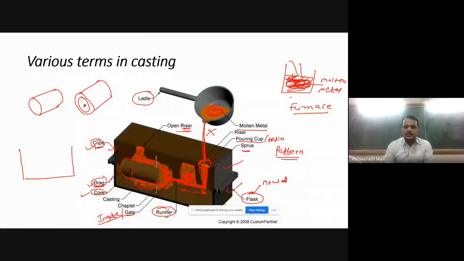Okay. Then again, you can see here, these are called chaplets. Here you can see chaplet. So what is the function of this? To support the core. Now see, here you can see we need to support the core because at one position it is fixed and the other is hanging. So to support that, we use the chaplets.